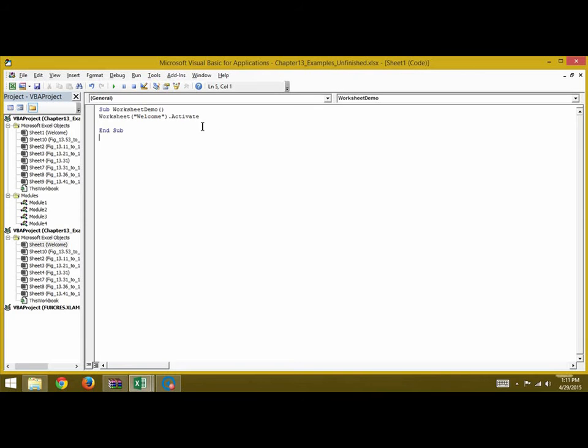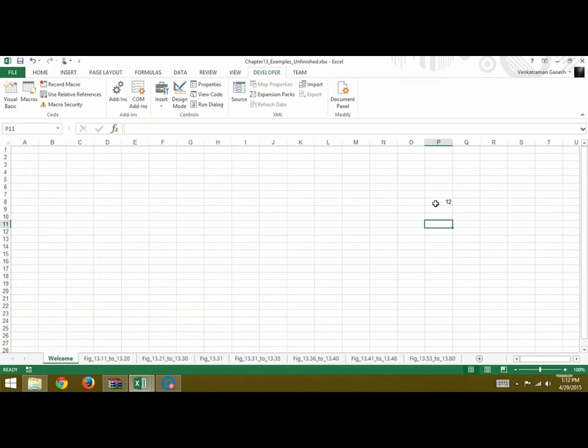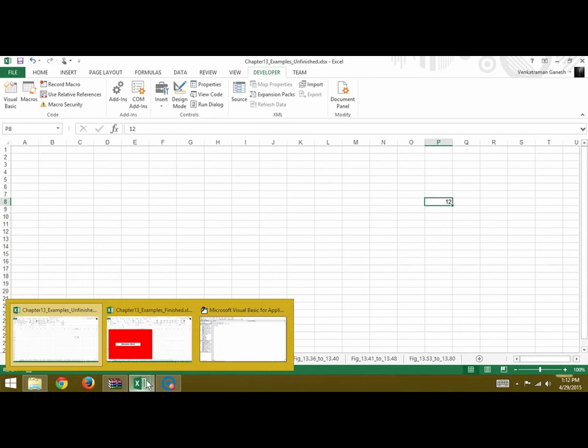Once you write Activate, it's a method, so the Welcome worksheet gets activated. Once you're in the Welcome worksheet, you can specify the range. The range where we have entered the number 12 is P8. So we will write P8